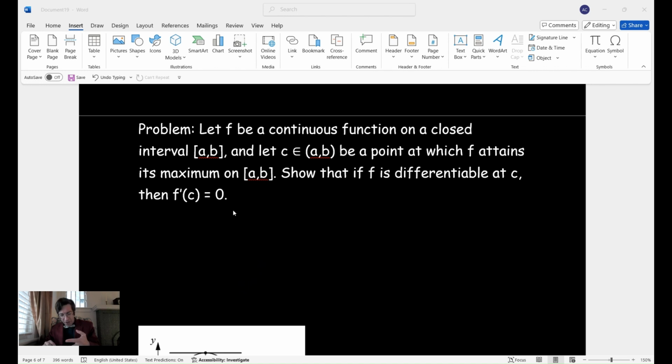But I warn you, there are some plot twists, because the max might be at an endpoint. If you're standing at the edge of a cliff, you can't really expect a horizontal tangent line unless you enjoy falling off. And in the society we are living in, I wouldn't be surprised if there are people who actually would enjoy that.